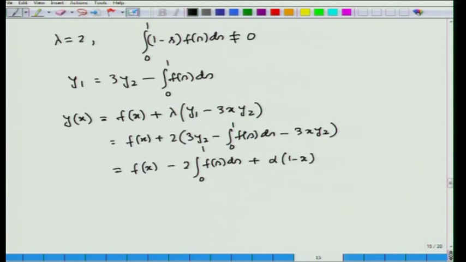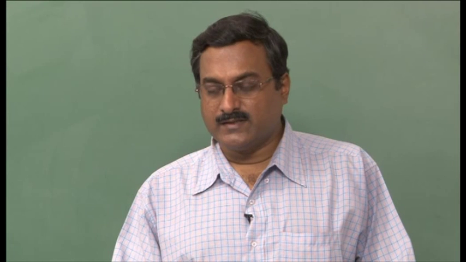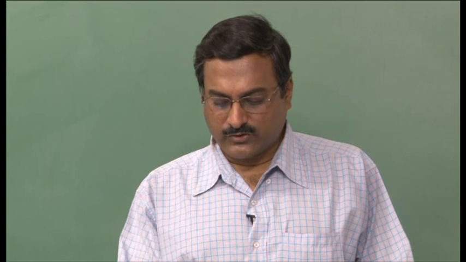And this y2 is an arbitrary quantity in this case for lambda equal to 2, then 6 y2 can be written as an arbitrary quantity alpha,